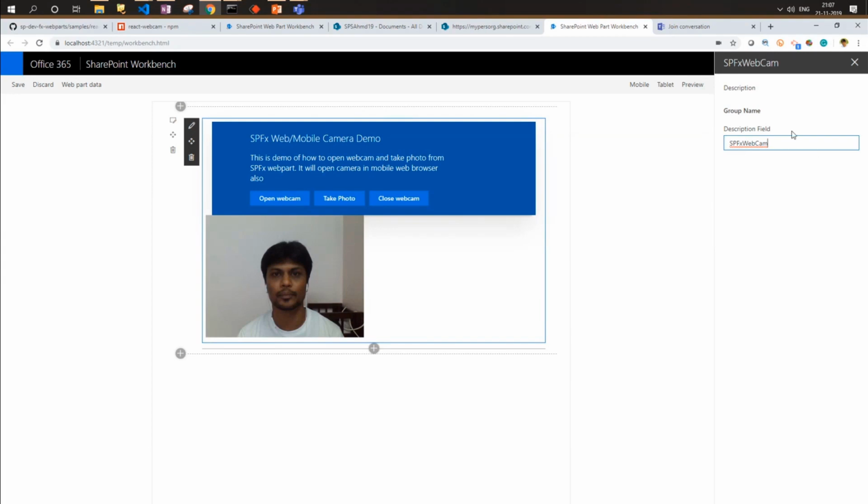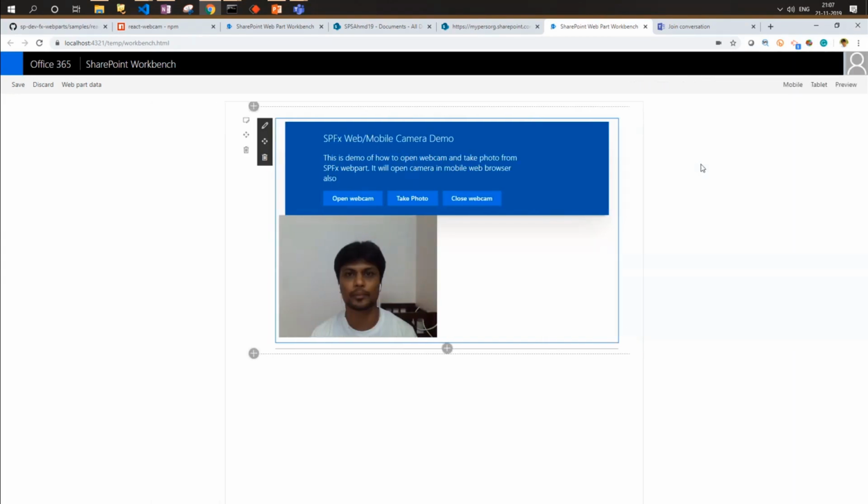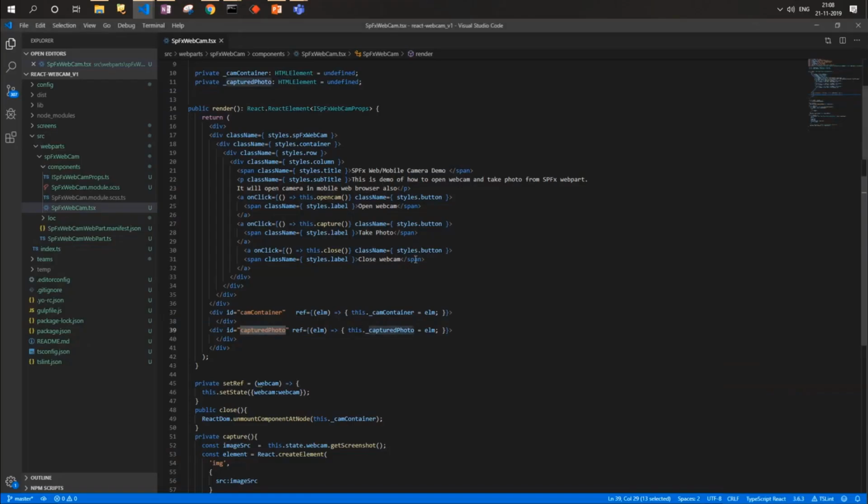So this is a very basic web part, but may be useful for generating complex scenarios. There are no configuration properties available, but in the second part, version 2 of the web part which I am working on, there are some advanced features which I'd like to show. But let me first walk through the first part.